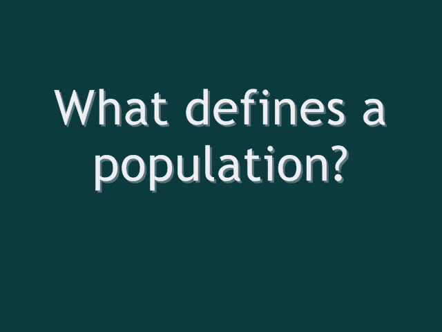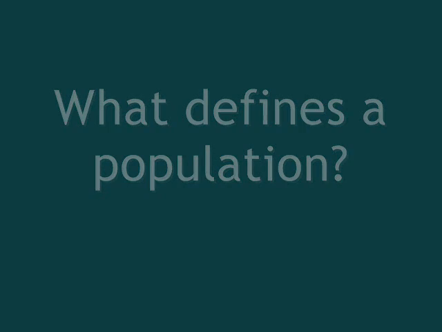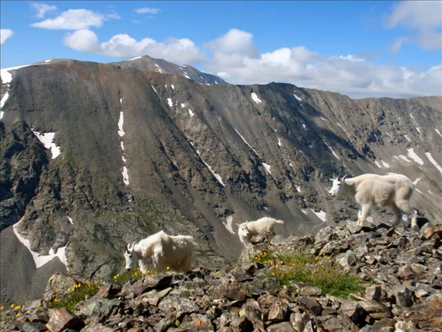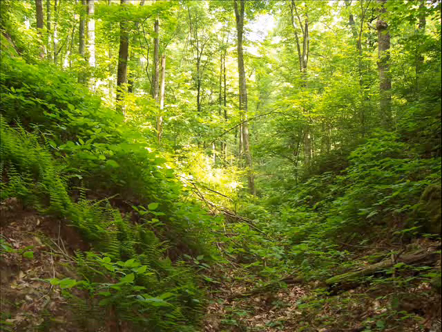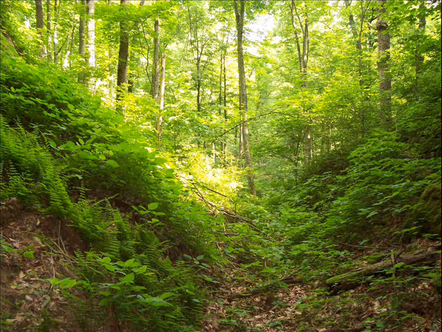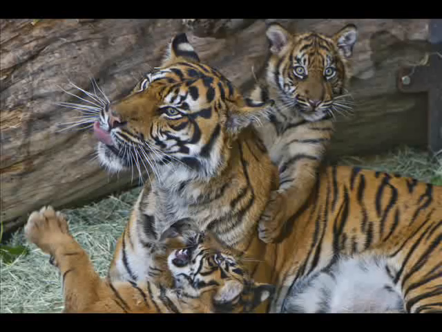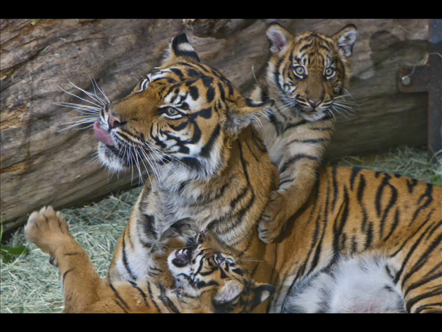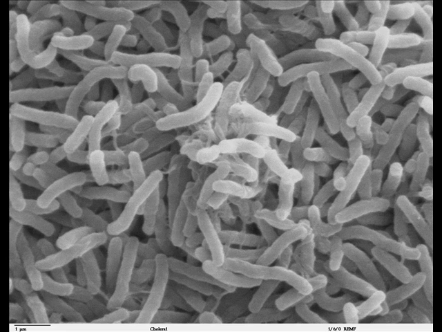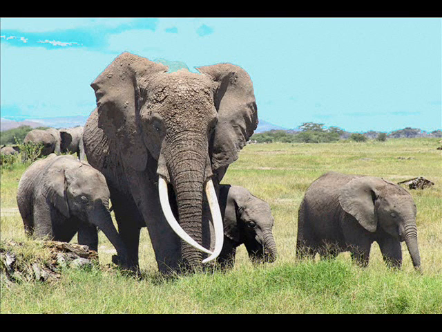Let's look at what defines a population. There are three main things. 1. Its geographic distribution, or the area inhabited by whatever population you're looking at. 2. Its density, the number of organisms in a specific area. A population of bushes is denser than a population of trees in the same forest. And 3. Its growth rate. This describes how quickly, or slowly, a population increases in size. The number of bacteria in a petri dish increases in size somewhat faster than a herd of elephants. Therefore, it has a higher growth rate.